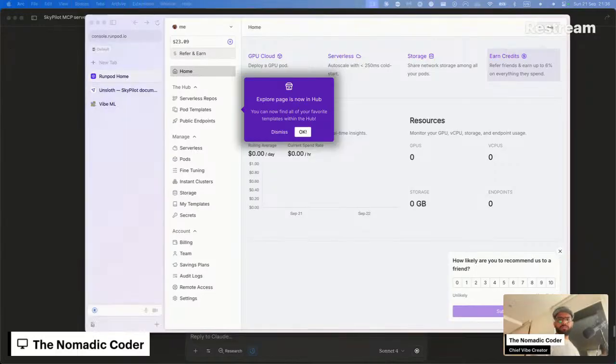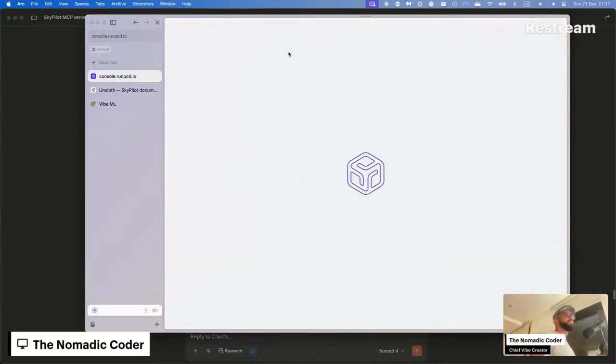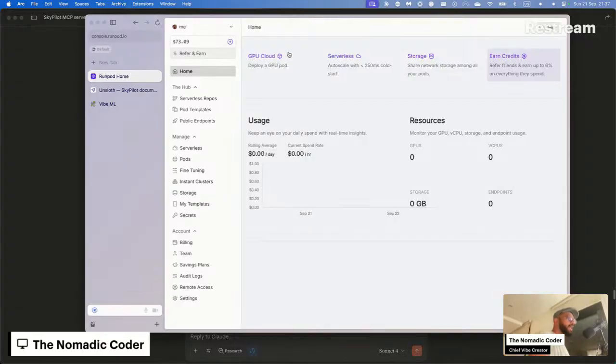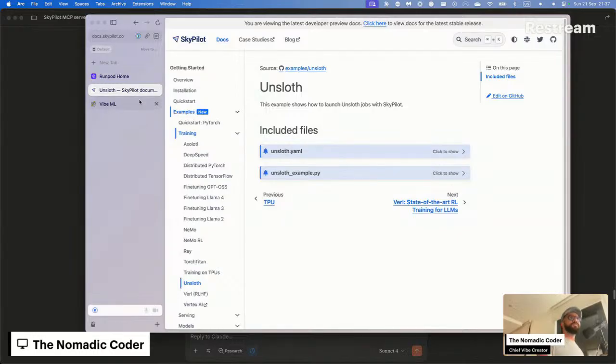So there's my RunPod. How much do I want to top it up by? Where do I even? Oh, there it is. Top up. I don't know. Let's say $50. Hopefully, this is going to be sufficient for the kind of stuff I want to do today. Well, it's a forcing function, right? So now if I refresh, I have $73. Yay! I'm $50 poorer.